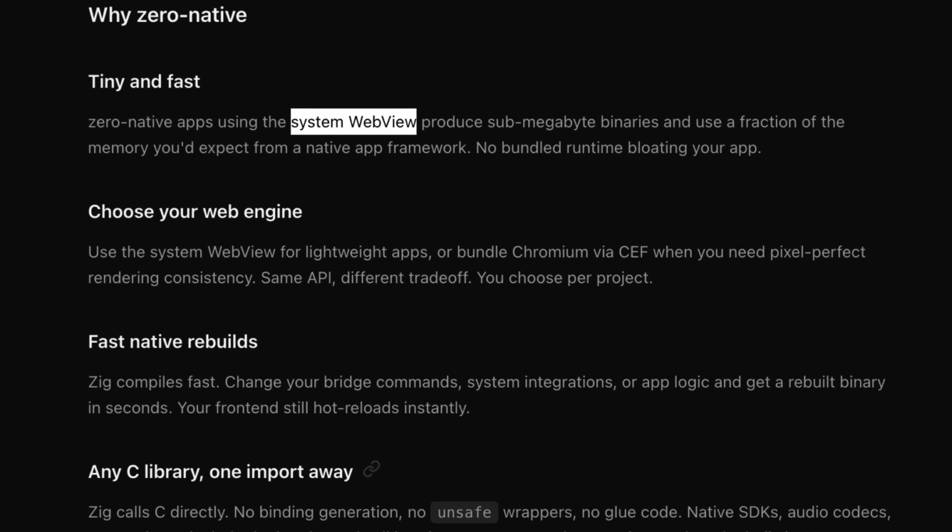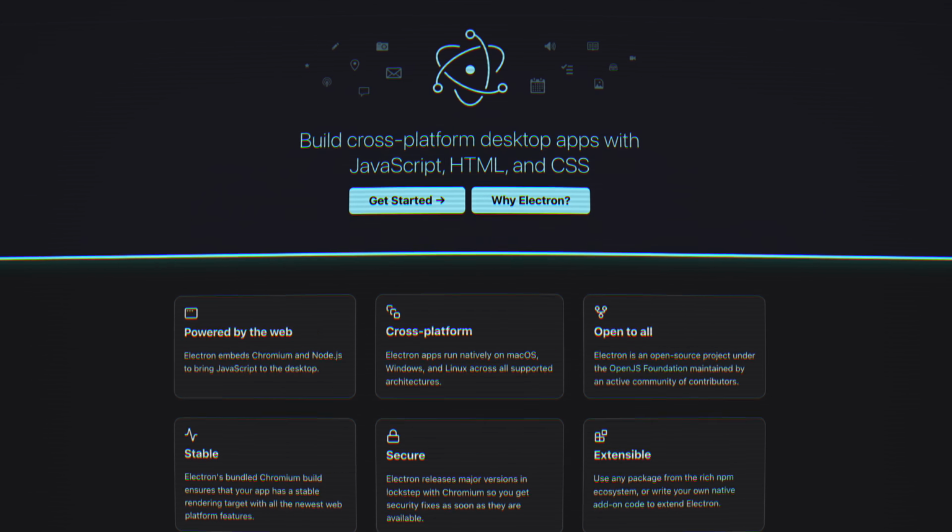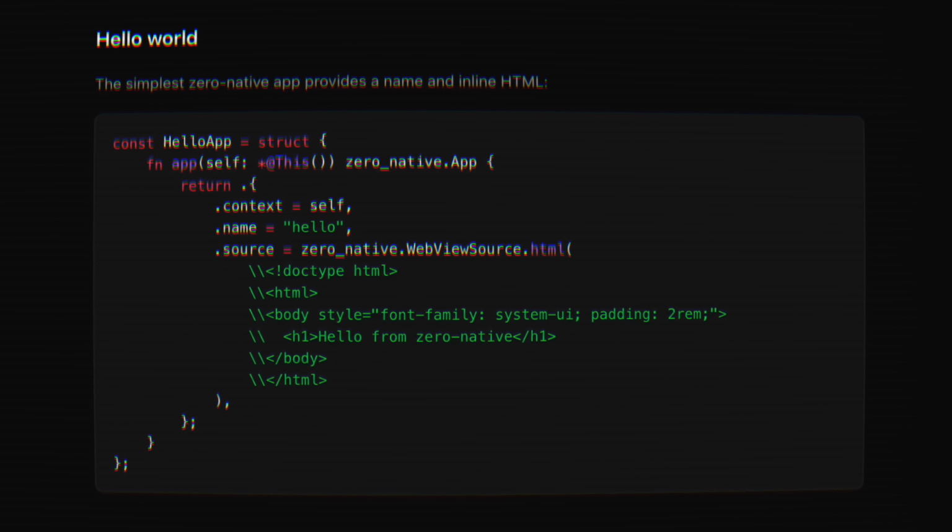This is Zero Native, a Zig-based native app builder by Vercel that can either use the system's WebView or bundle the whole of Chromium, just like Electron, for desktop or mobile apps, providing super tiny binaries and instant rebuilds for development. But will the fact that you have to know a bit of Zig to use it properly put off